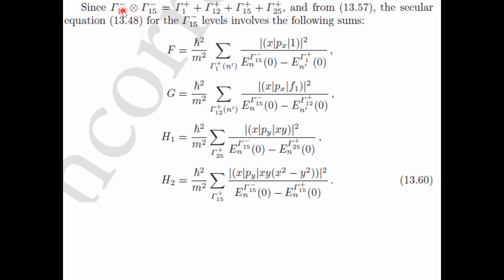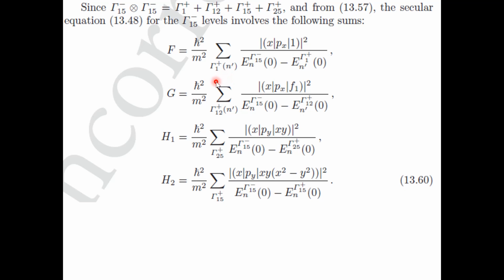So the direct product between these two representations, when we decompose it, gives me this set of symmetries: gamma 1 plus, gamma 1,2 plus, gamma 1,5 plus, and gamma 2,5 plus. So when we analyze these matrix elements, these are the only possible intermediate states that one needs to consider. So when we sum over intermediate states,